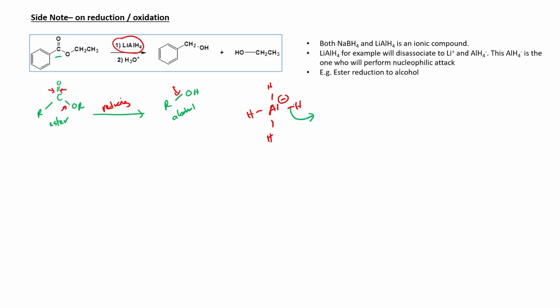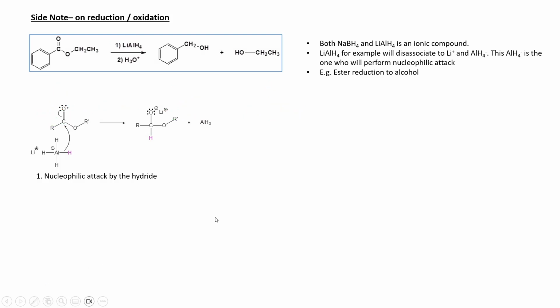Okay, so for example, ester reduction to alcohol is this. Let me remove all this first, so that you can see easily. The first thing, as usual, the nucleophile attacks the electrophile, which is the ester, and then it will cause the bond to break, and the oxygen will become an ion. We gain a negative charge, and then the leaving group removal. We will discuss leaving group removal further later on, but basically what happened here is addition,